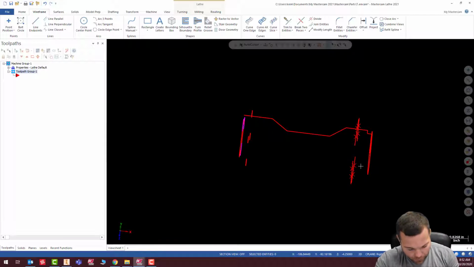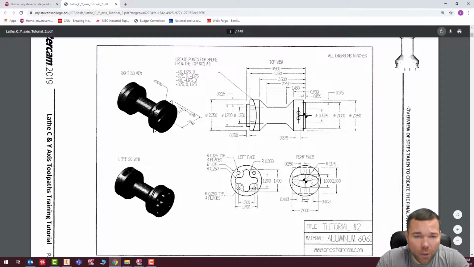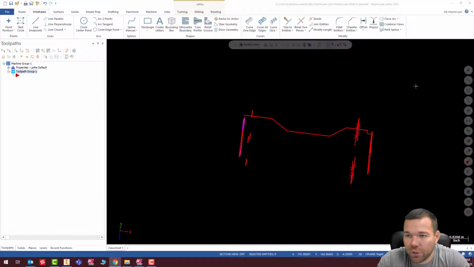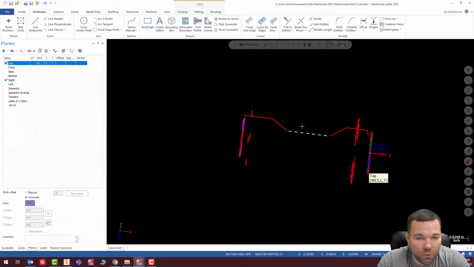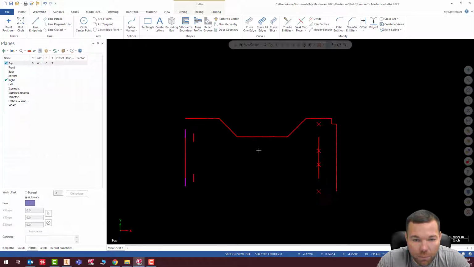The only thing we have left to do is this spline that we have to create. For that, it's just giving you the points. If I look at this, it's saying create points for spline from the top WCS. So it's important you switch to the top and then just type these points in. Really simple. So let's go to planes, top, equals, and I'm just going to go to top,